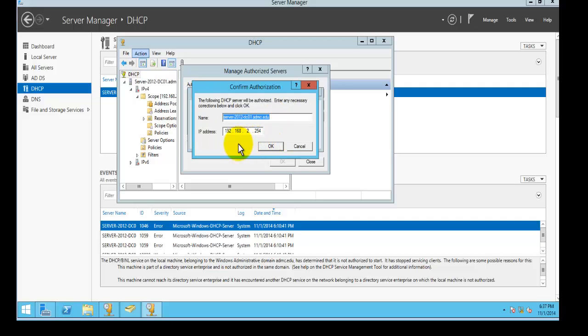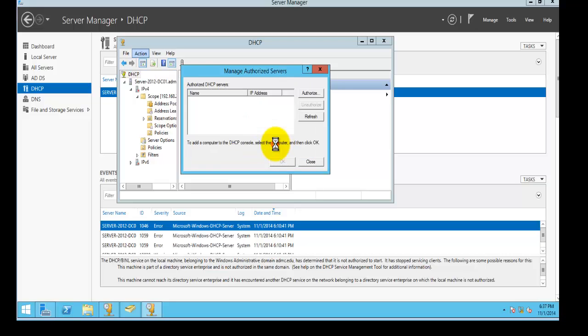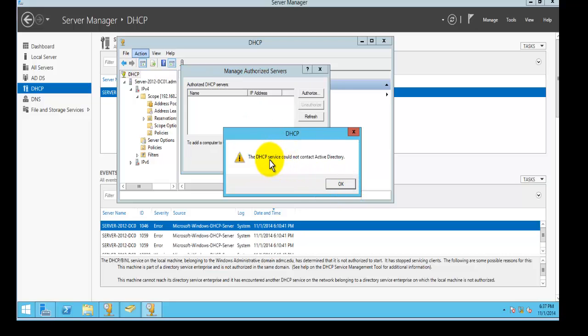So I'll say OK. You see here it checked the name, and the name is server 2012 DC01, and our domain name is admc.edu. I'll say OK,